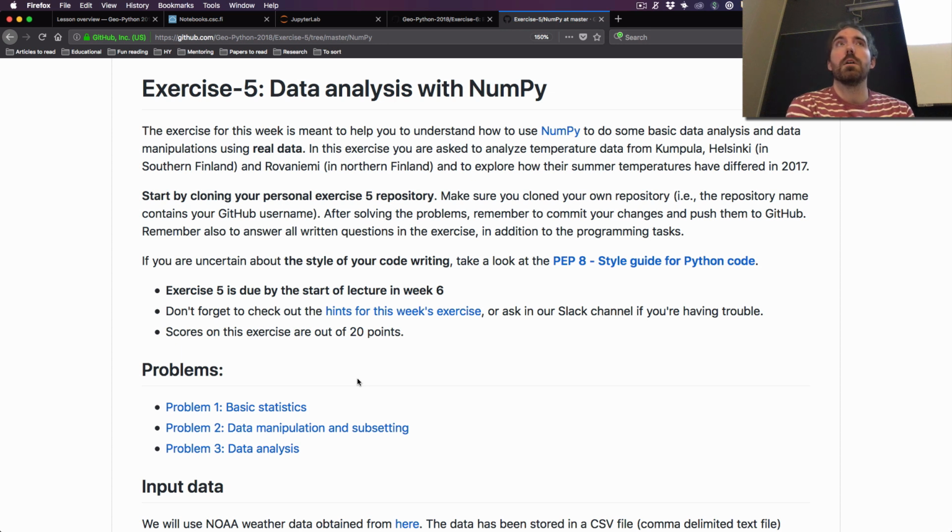The issue could be that you might not pass some of the tests in the auto grading. If your data ends up in a slightly different format, it's possible that you might not. The auto grading checks to see whether you get the right values that we expect from the exercise, and sometimes if you've got something different